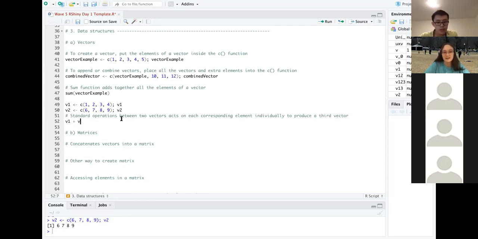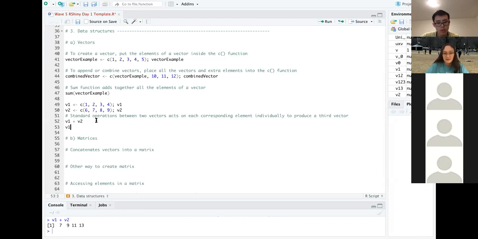If we do v1 plus v2, that's going to take every element of v1 and add the corresponding element of v2 to it. So it's going to return a 4-element vector where each element is the sum of those elements in the original 2 vectors. If we run that, we get 1 plus 6 is 7, 2 plus 7 is 9, 3 plus 8 is 11, and 4 plus 9 is 13.